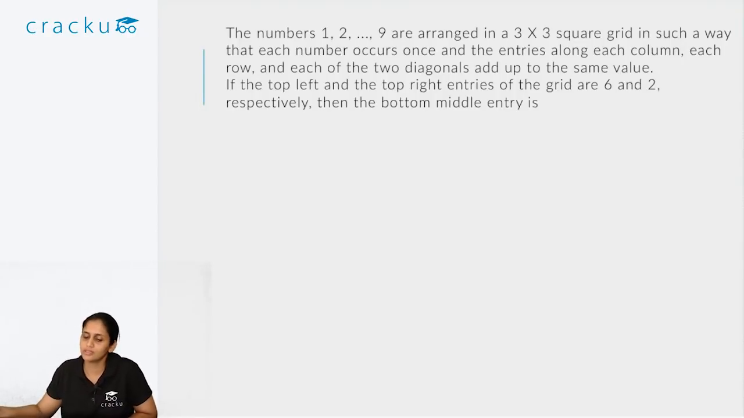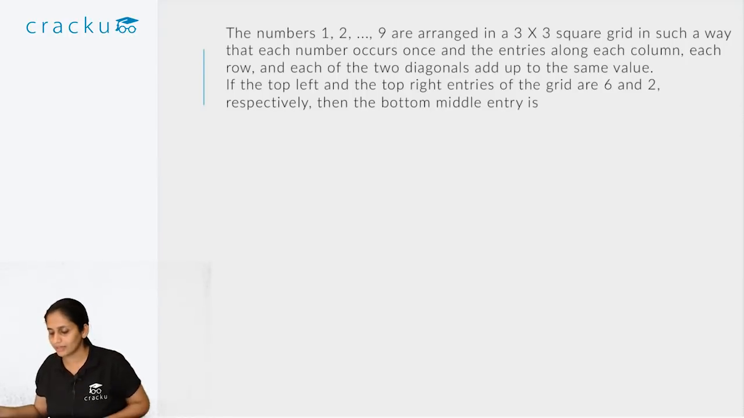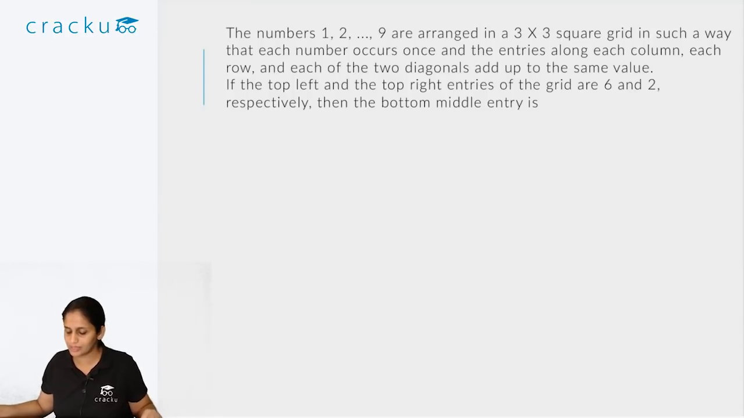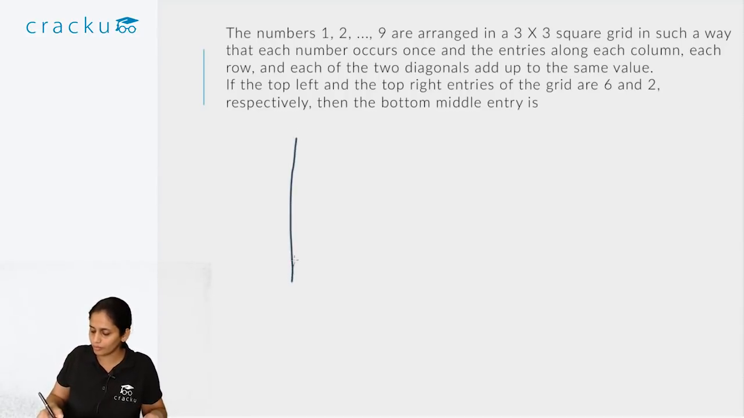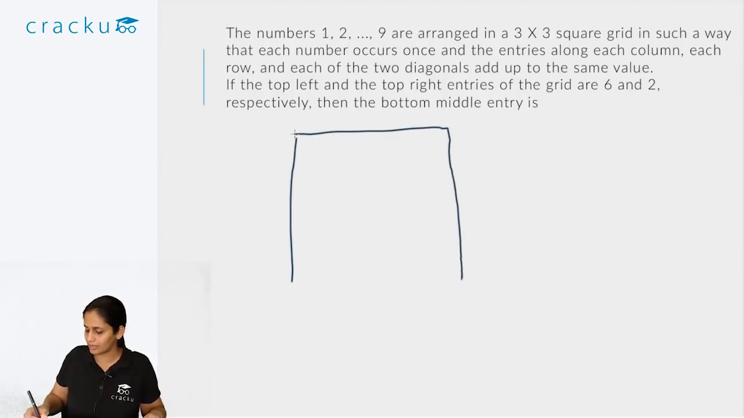The first question is, the numbers 1, 2 to 9 are arranged in a 3 into 3 square grid in such a way that each number occurs once and the entries along each column, each row and each of the 2 diagonals add up to the same value. If the top left and the top right entries of the grid are 6 and 2 respectively, then the bottom middle entry is. So what we have been given is that there is a 3 into 3 grid of this sort,